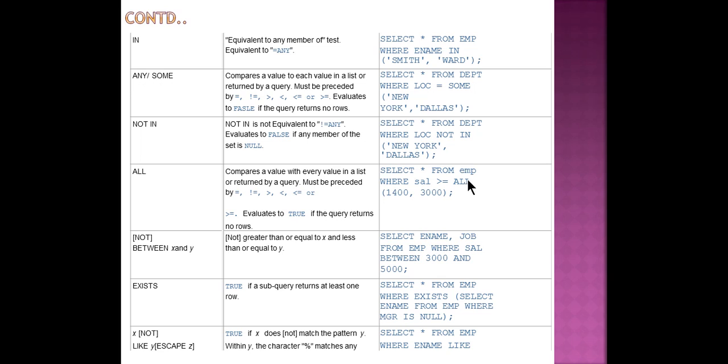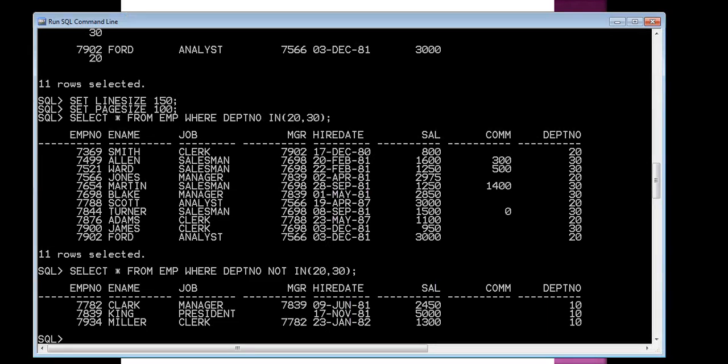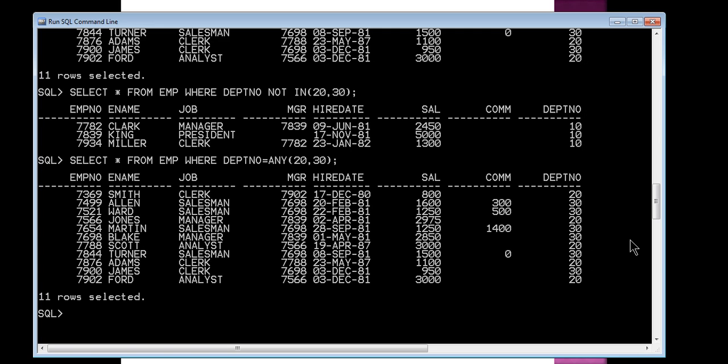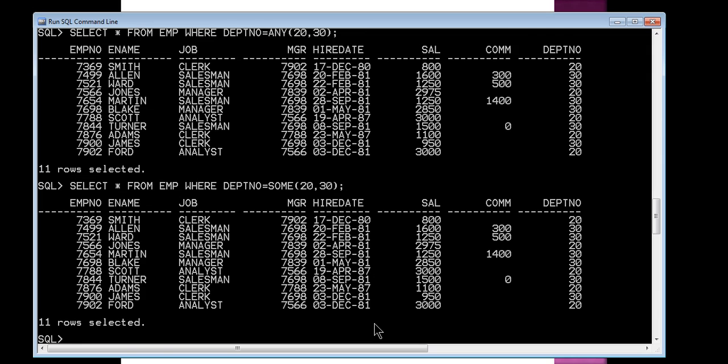So if I write department number equals to ANY of 20 and 30, it will give you either 20 or 30, right? Or in place of ANY, you can also use SOME. Same result, you will get the same result.